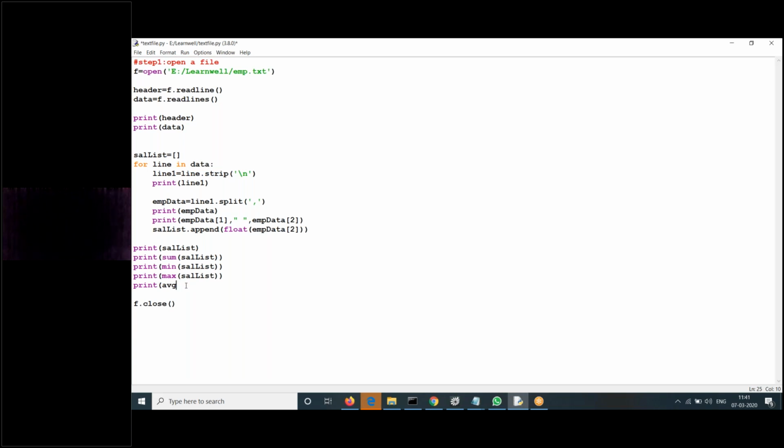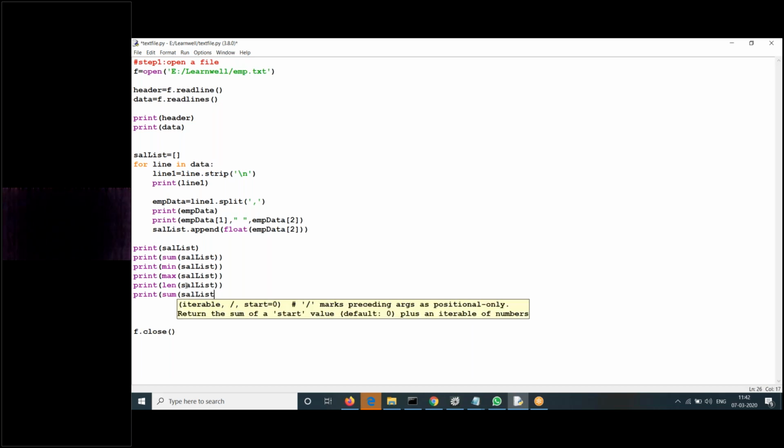Excuse me, guys. Then you can also apply length of sal list. And finally, you need average. That's not available. Still, I can write customized code for that. It's a simple thing. To get the average here, print of sum of sal list. No, average means total by